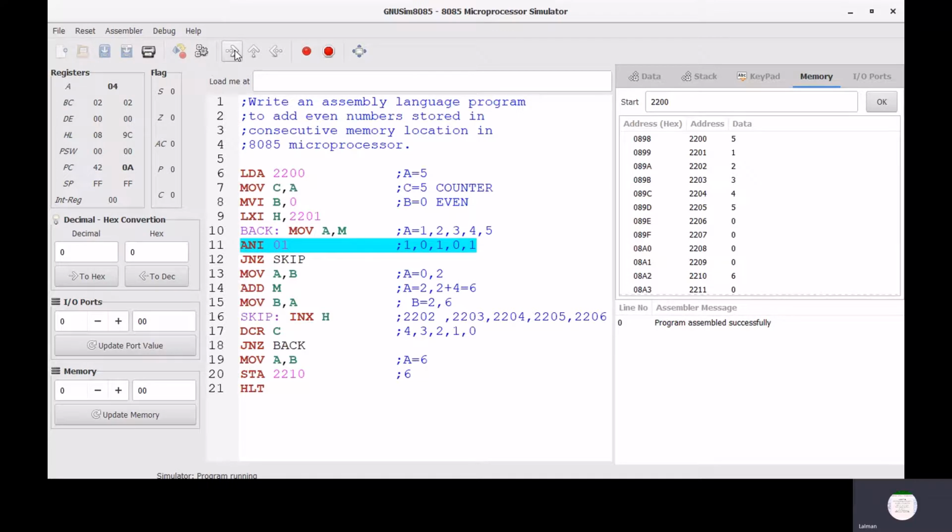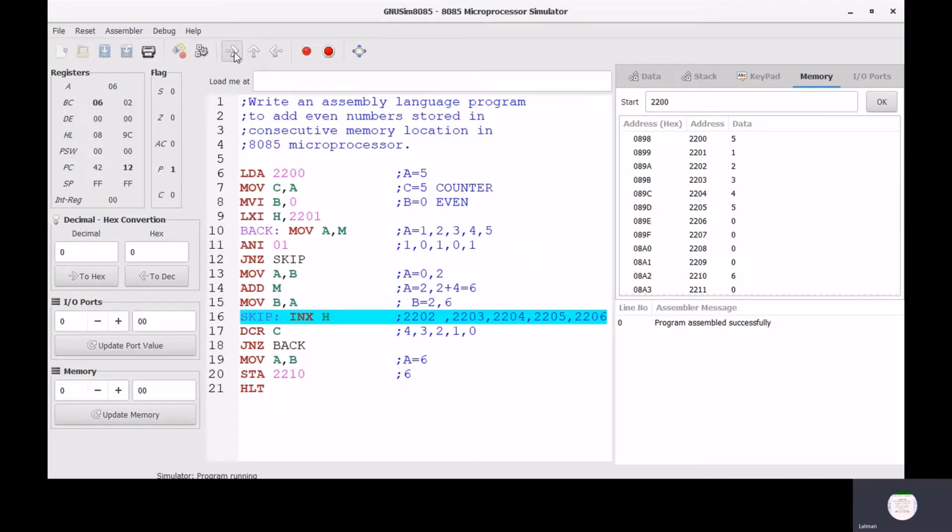Now again execute ANI 01. Repeat the process. This is an even number, so there's no need to skip. So execute these 3 instructions and go to the next memory address. Execute it. Now at this time in the accumulator the value becomes 6. We can store the value 6 in the register B.